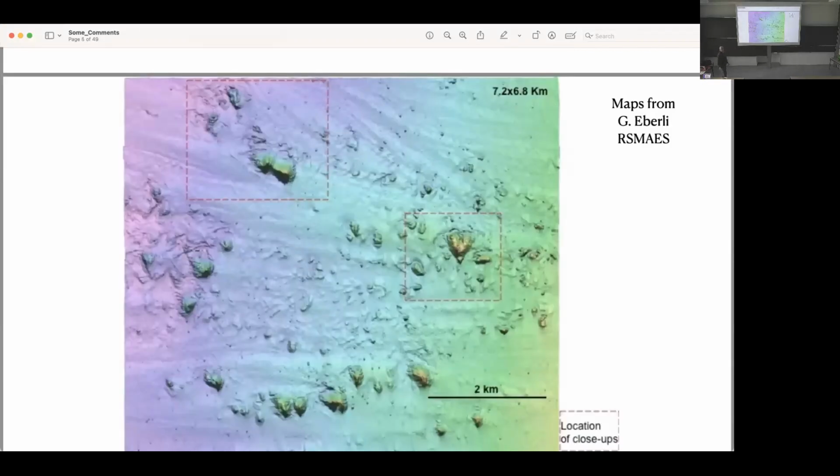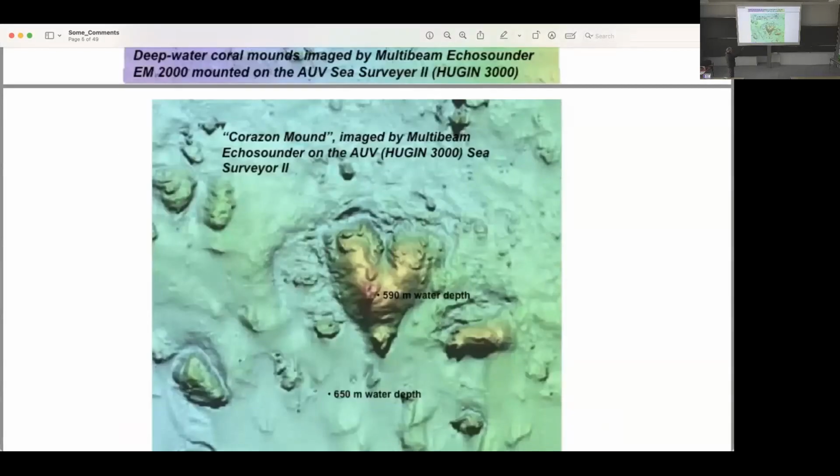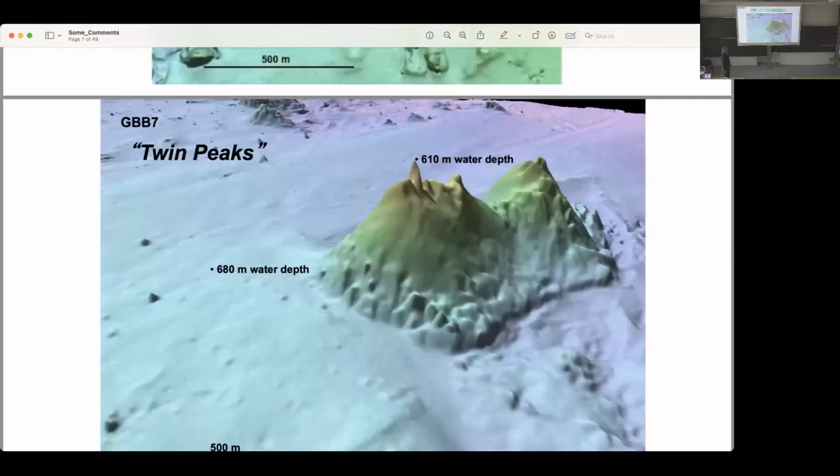First of all, I want to show you some pictures of the ocean bottom. We'll start off nice here. I'll show you some beautiful pictures. These were done with a very expensive side-scanning sonar from one of my colleagues, Gregor Eberle. And you see the scale bar down there is 2 kilometers. These are very small features, and these are off the Florida coast. Here's some more examples of these features. And really, when you look at the topographic databases that are out there, most of these features are not in